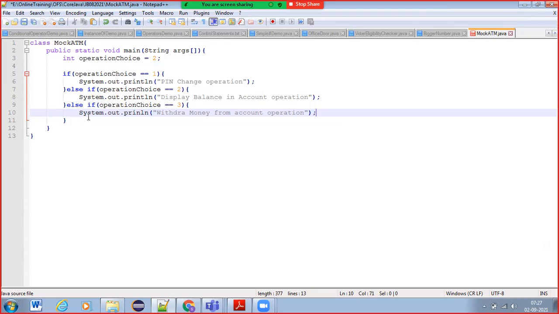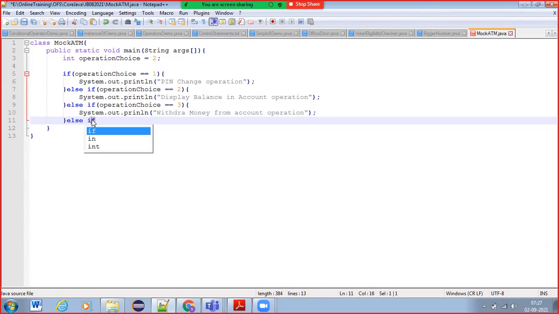And then else if operationChoice is equal to 4,